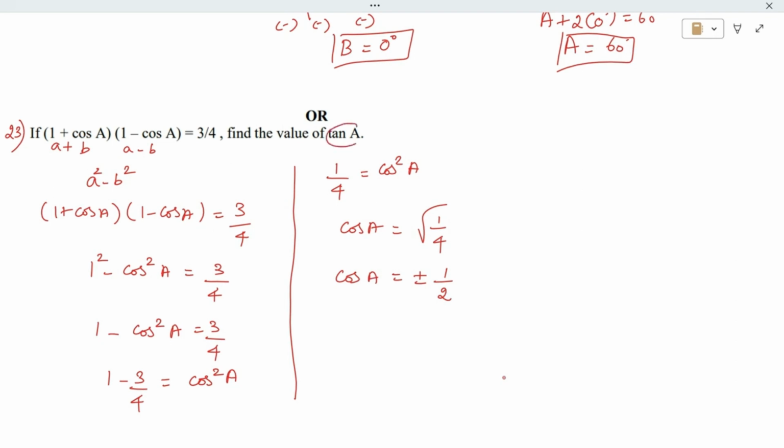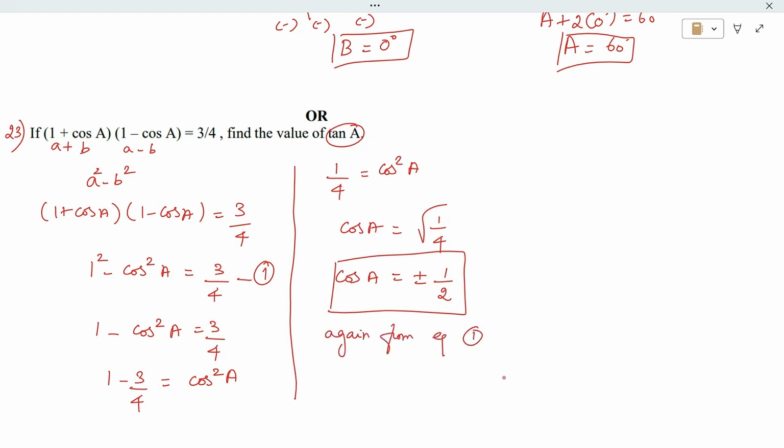Okay, but I need tan A. Tan A is nothing but sin A by cos A, isn't it? So I need to find sin A as well. So how can I find sin A? Again, I am coming to this equation. So let me name it as equation 1. Again, from equation 1,